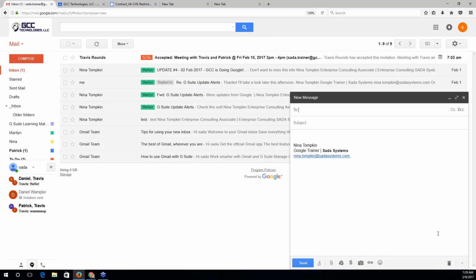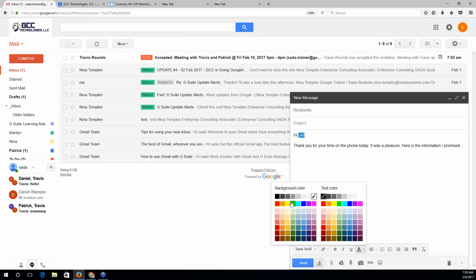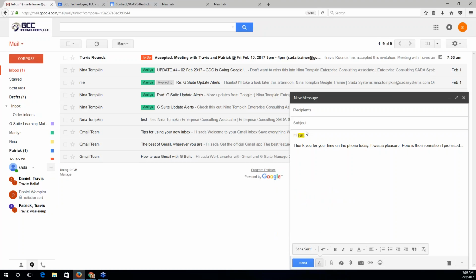Step 2 is to actually delete everything in the new message window. So that's to create a blank slate. Step 3 is to write out your canned response. Something kind of cheesy. I used to be in sales, so that's what salespeople would send all the time. Maybe you want to include a little indication to yourself that you have to customize certain sections. So don't forget to tailor this to the actual person you had been speaking with.